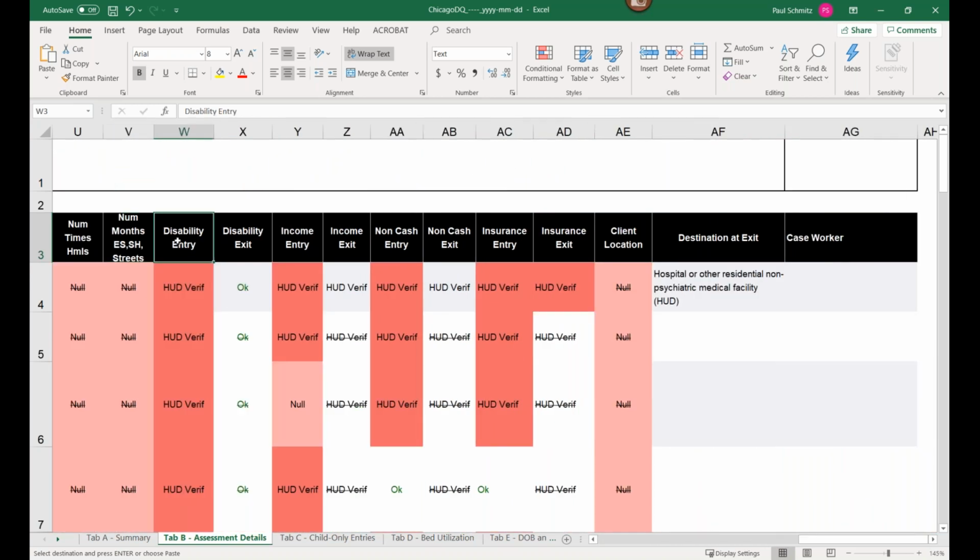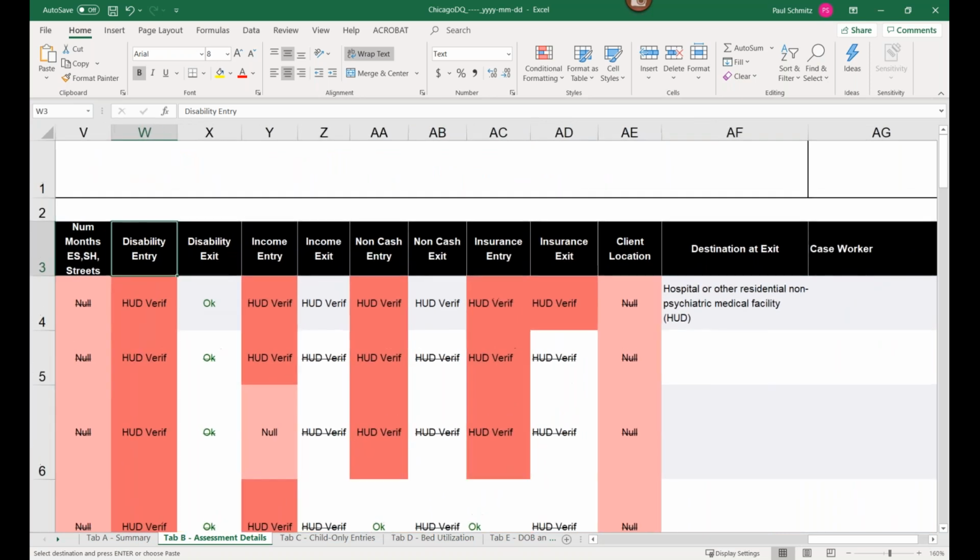And then everything else is kind of specific. So it'll say disability at entry. Okay, so my entry assessment, this client has an issue with disability. Oh, it's fine at entry, but there's one at exit that's wrong. So then I'd have to go into my exit assessment. Now, some of these clients don't have exits, so some of these will just have little hyphens in them. But for the most part, aside from what you see on the client profile,